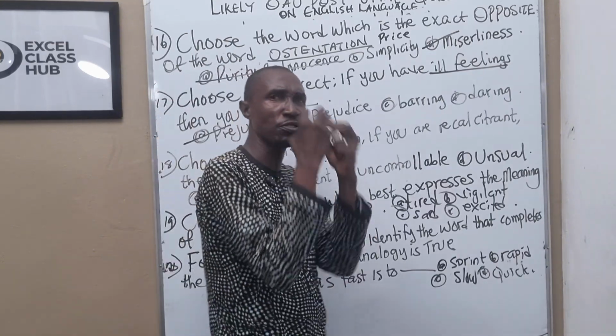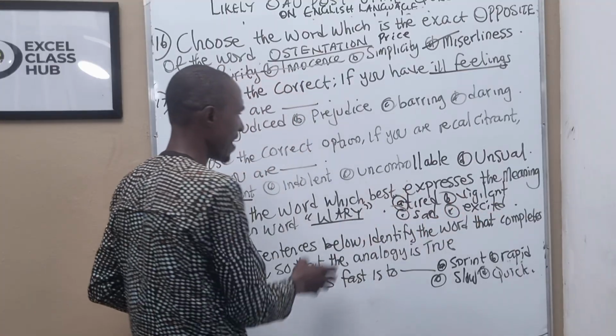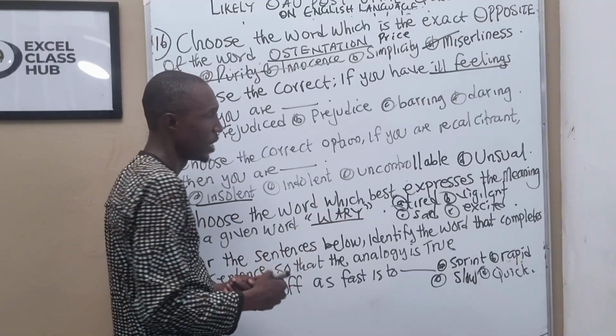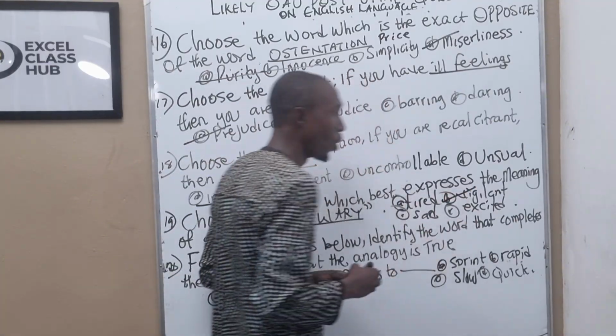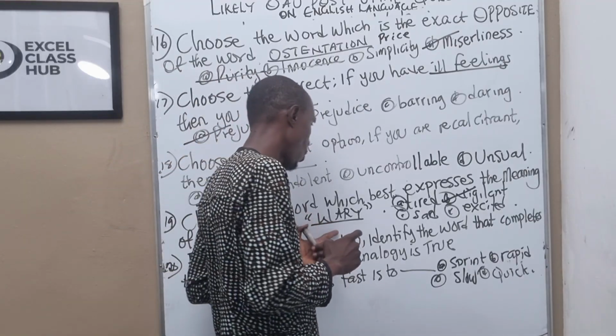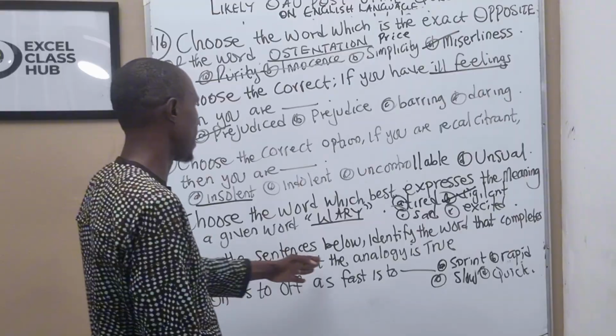Now, all the options I gave, they are not here. But there is one that is related to the meaning of the word I've explained. So the correct answer is when someone is what? Vigilant. You have to be vigilant. It connotes worry. And finally, number 20. For the sentences below,